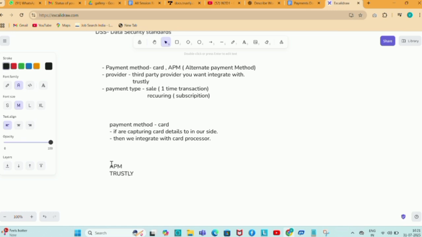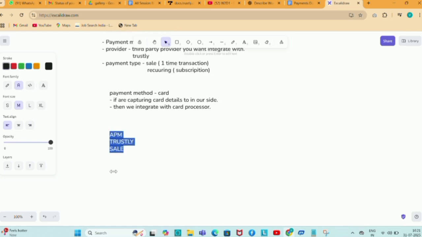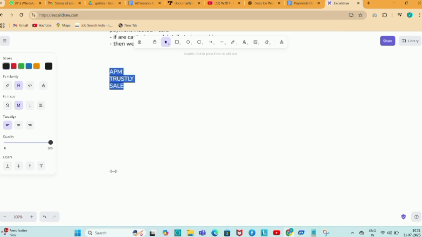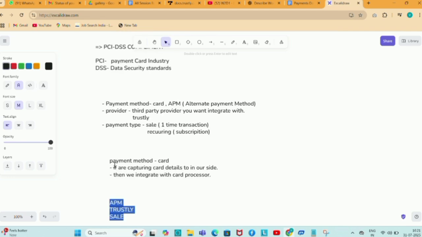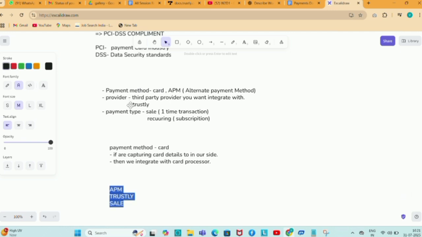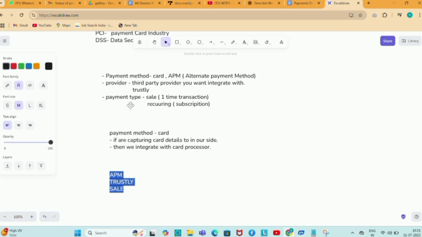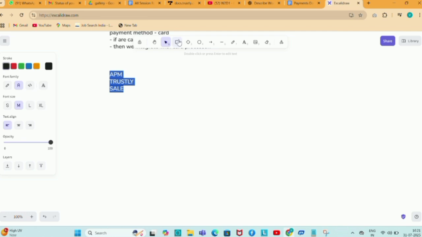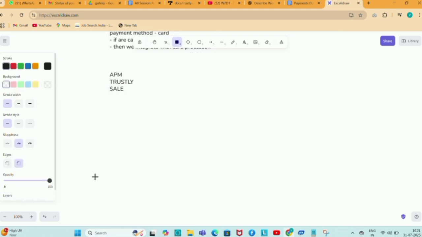So we are building with payment method APM, payment provider Trustly, and payment type sale. So the diagram of this. In the merchant, the process begins. The customer enters the card details in the merchant website. The card details may include the card number, expiry date,